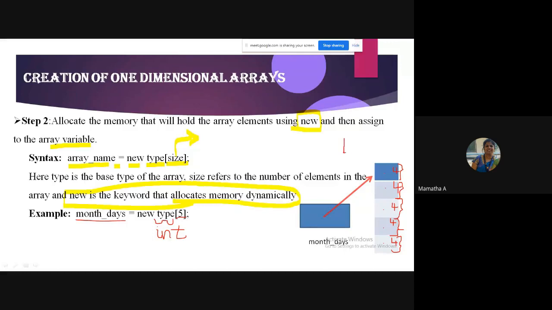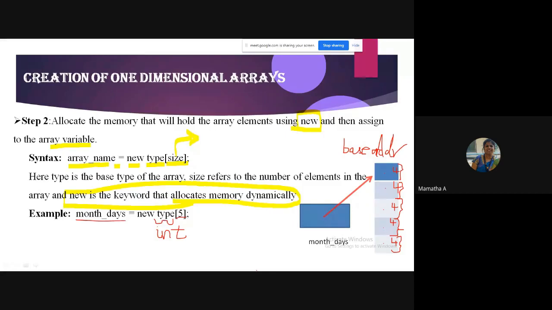Anybody remembers? In C you would have learned. It is called the base address. So the base address of the array will be stored in the array variable name. Very simple.